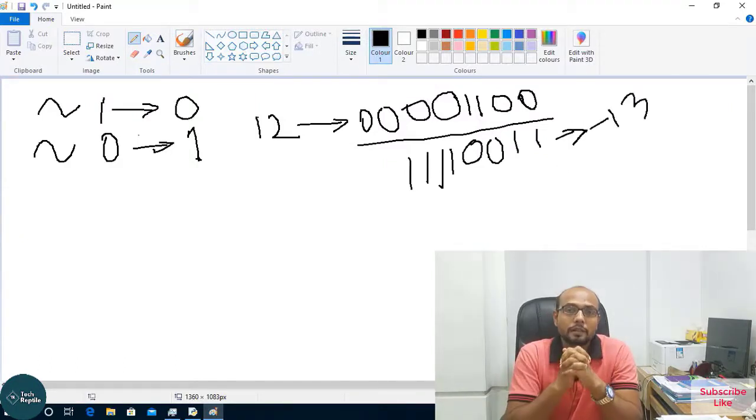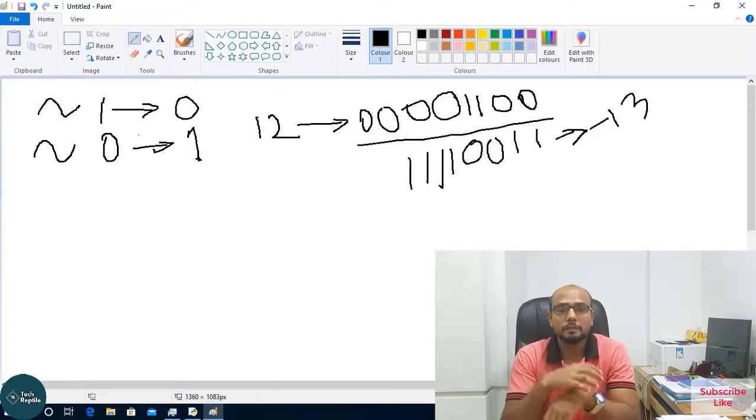So let's calculate again. In your system, if you want to store a negative value, you cannot store it directly. At first you need to convert it to a positive value, and then you can store the negative value in your system. So how can I store the negative value? With the help of 2's complement, we can store the negative value in our system.